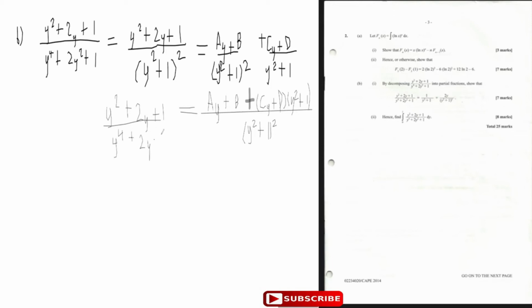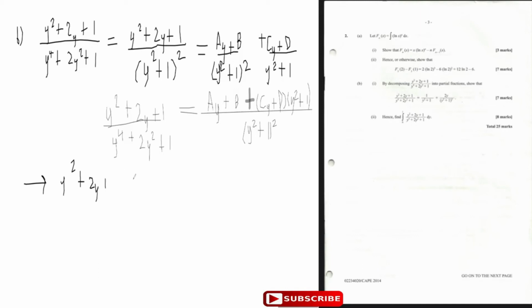Now, what did we learn in primary school? We learned that whenever the denominators are the same, we equate the numerators. So equating numerators, y squared plus 2y plus 1